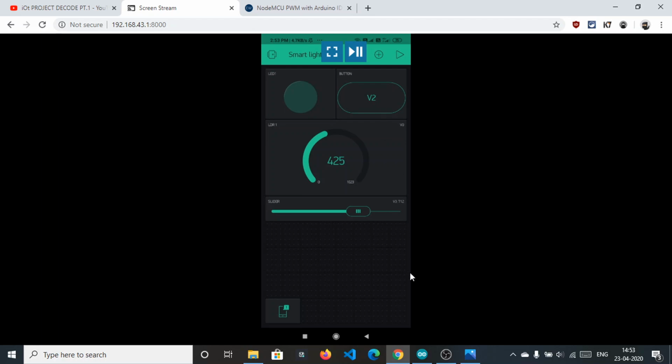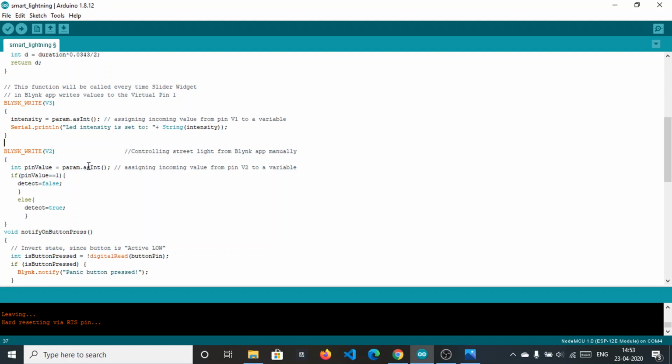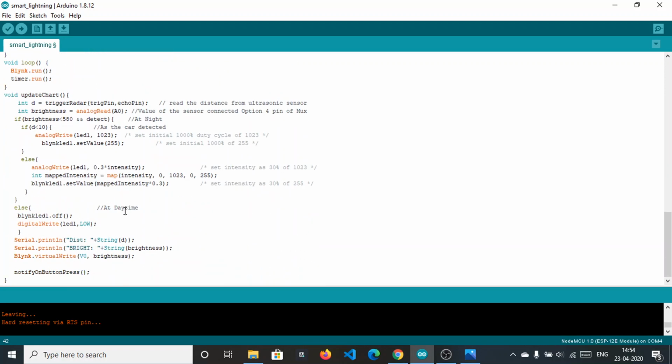And if we turn it on, we will get a 1 in this field, param as int. The application will send 1, and if pin value is equal to 1, we will define a variable globally, detect, and make it false. Fine.